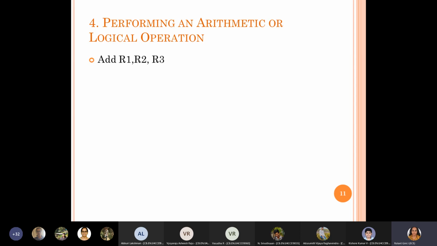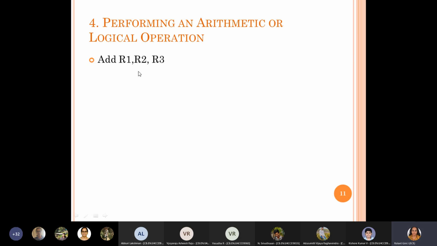And once you have written it for the complete program, it is easy to find out what control signals need to be enabled at what time and in what sequence. So based on that, designing a control unit is also very easy, because control unit design is ultimately a system to enable and disable different control signals at the right time. Once you are able to write the control sequence for the entire program, it is easy to come up with the control unit design also.